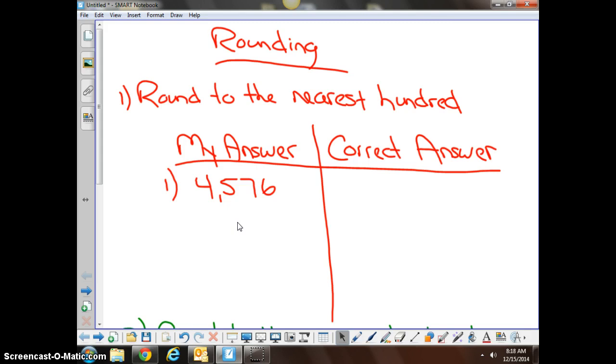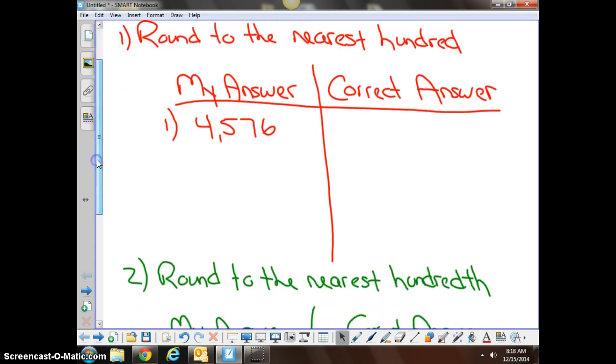Give you a couple of examples of how you will work your work this week that you're going to put into your T-chart. Number one on my example here says round to the nearest 100. And if I look at my T-chart that I've created, that you are going to create every single week, you are going to copy and paste the problems into the My Answer section, and then you're going to follow the